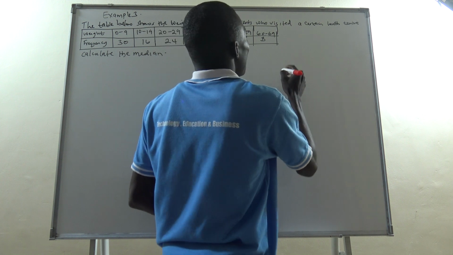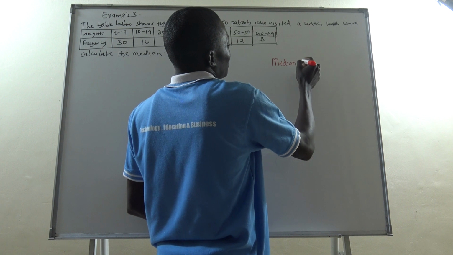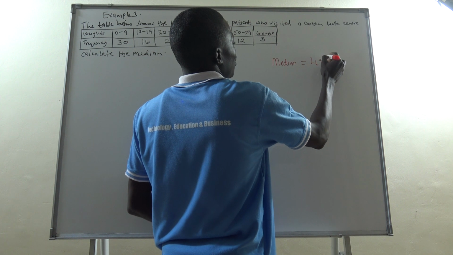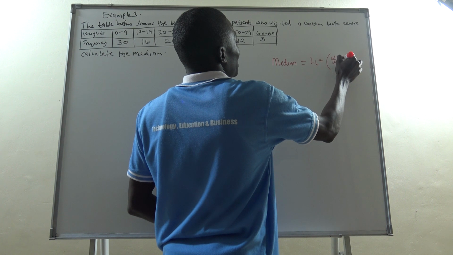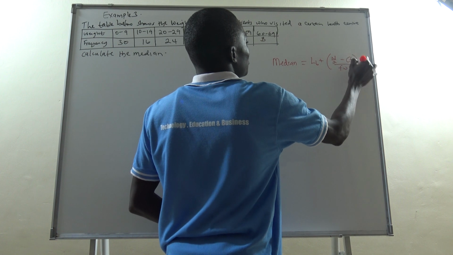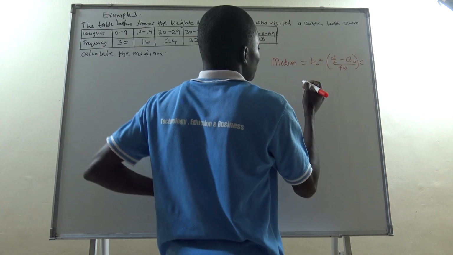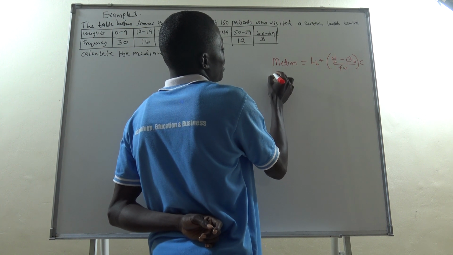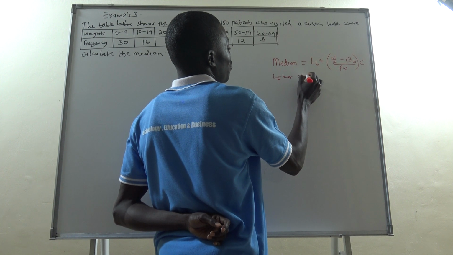We say that our median is given by LB plus n out of 2 minus cumulative frequency before divided by frequency within, and then times the class interval or class width, where LB is the lower class boundary